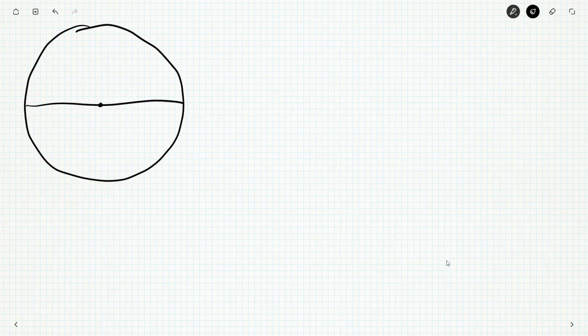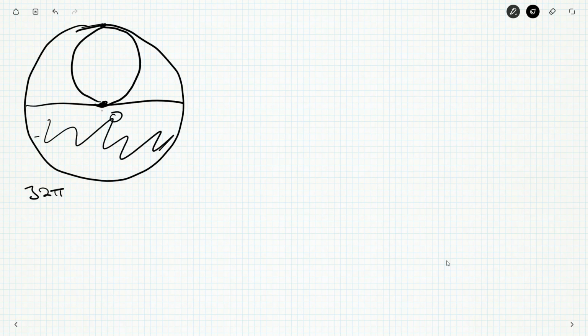Now we have a line going across the circle, and it passes through the center. This has got to be a diameter. All right. So we have 32 pi down here. Now if the total area is 64 pi, and we're mentioning diameters, why don't we mention these radii here as well? So if we called this radius r,